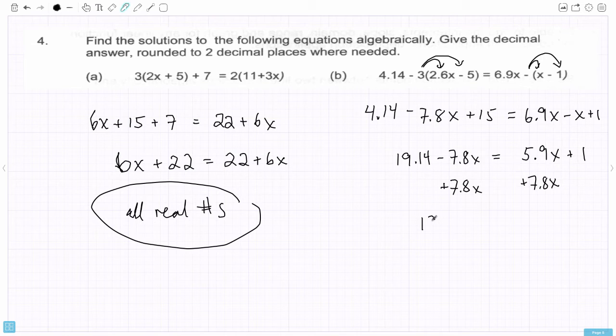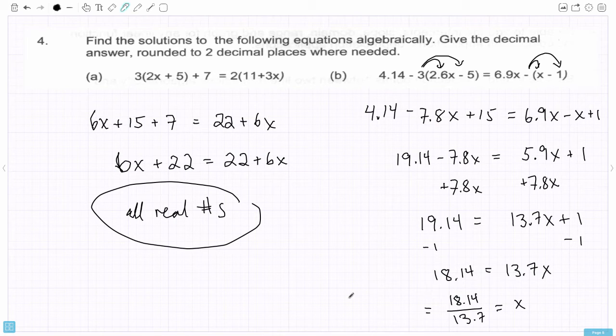So we'll have on the left hand side 19.14 equals, and now I have to add 5.9 and 7.8. That gives me 13.7x. And there's still a plus 1 over here. And then we get minus 1 from both sides. So I have 18.14 equals 13.7x. And then if we divide both sides by 13.7,